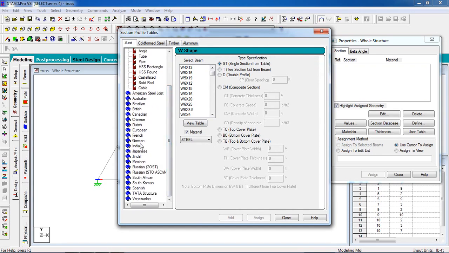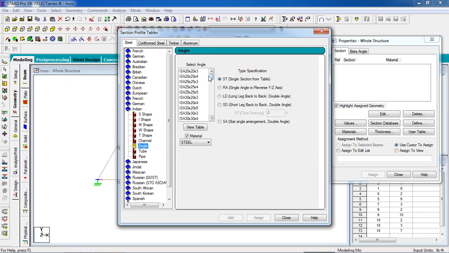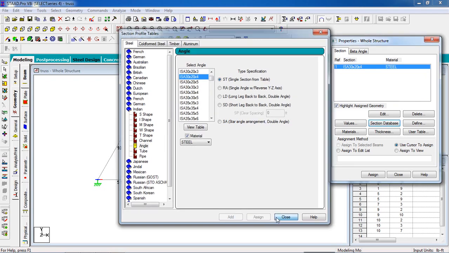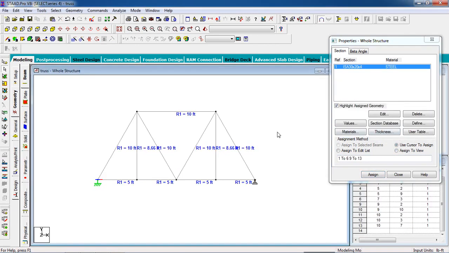I'm going to select Indian code, and I'm going to select angle, and let's see this angle. Okay, now this is single section for table. Okay, now make sure you have selected steel, add, close. Now I'm going to give it to the whole property, whole figure. Now assign to view, assign yes.